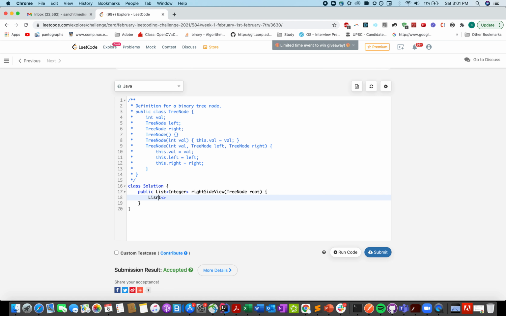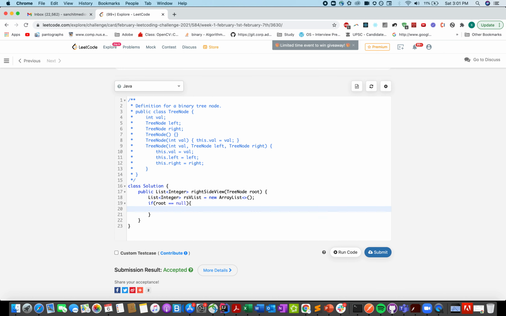Defining an array of integers that will store my right side view, RSV list equals new array list, and let's have a safety check even before we start our operations of the BFS traversal.